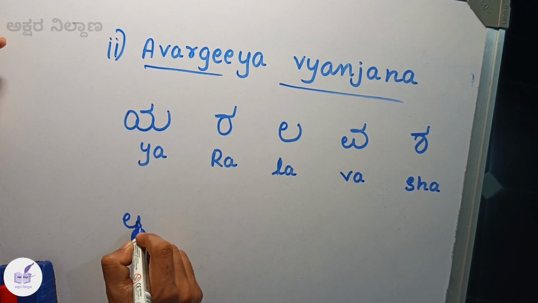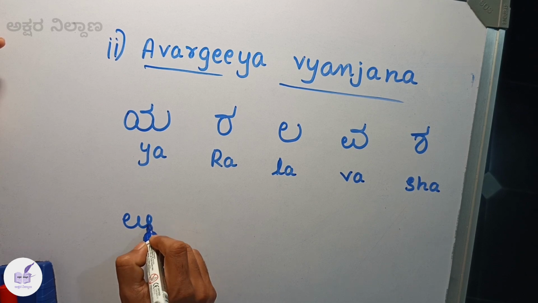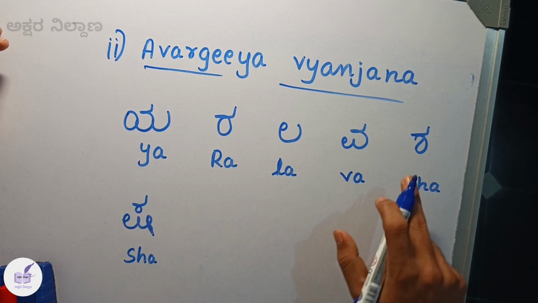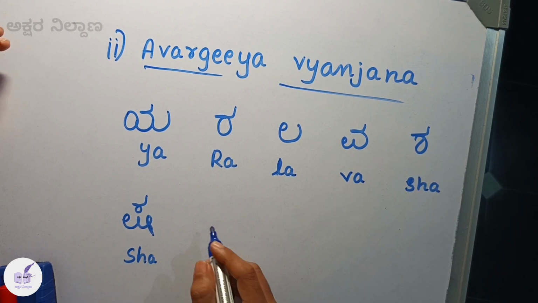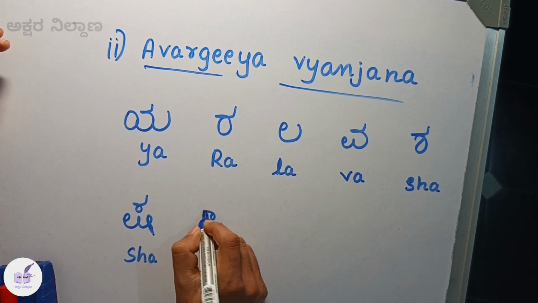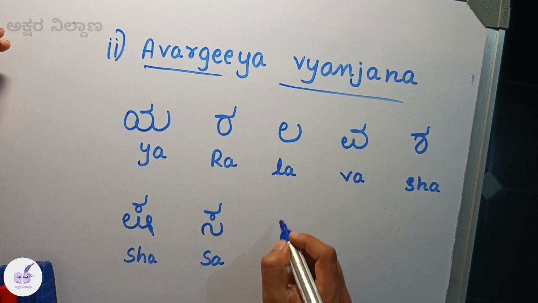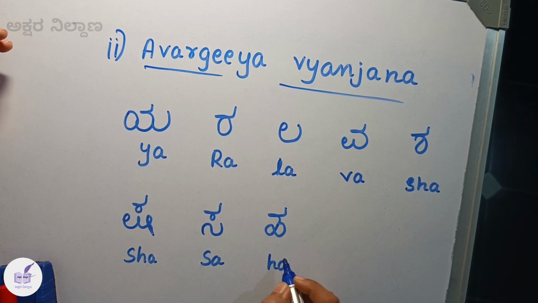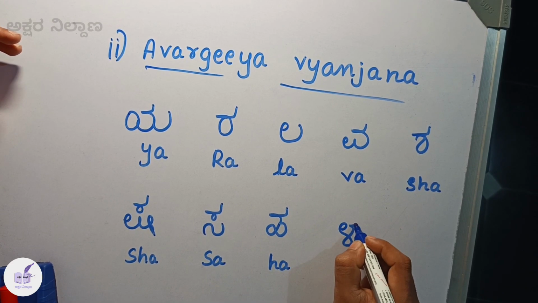Next, Sha. Same type of pronunciation, okay? No worries. Sha, Sha. Sa. Ha. And the last letter,